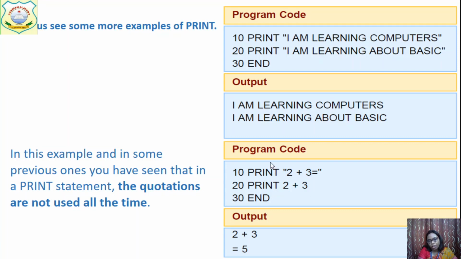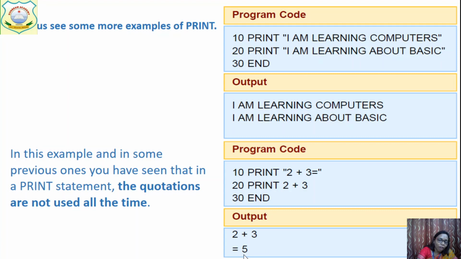2 plus 3. What is the difference between these two lines? In the first line the text is written between double quotes, and in the second line there is no double quote. So see the answer. First में output क्या होगा? 2 plus 3, because double quotes में है, तो as it is print हो जाएगा. और second में answer क्या होगा?